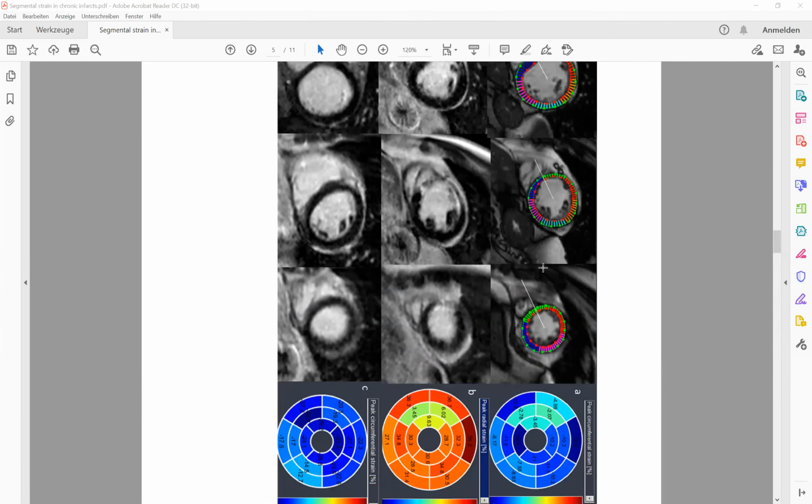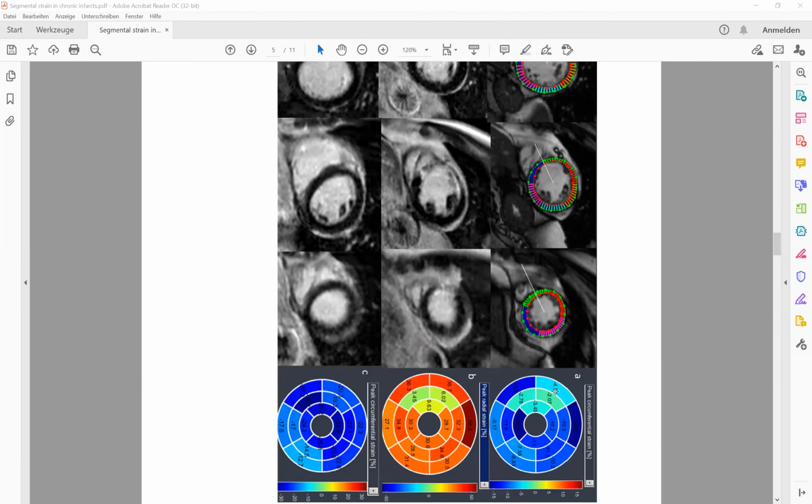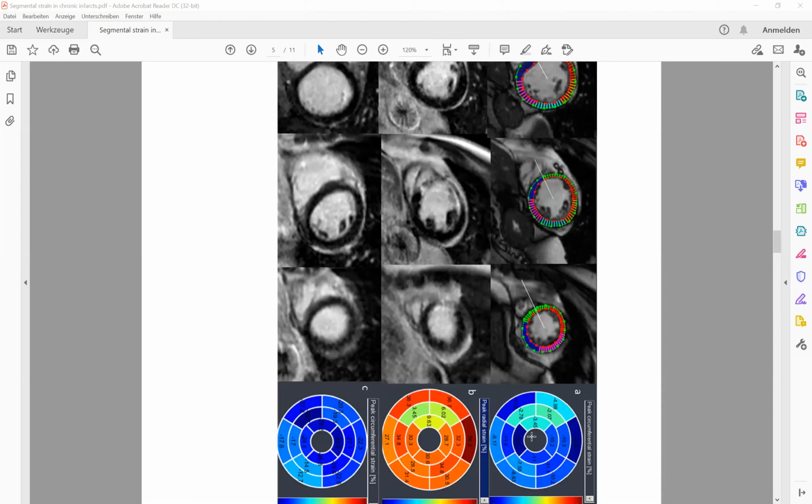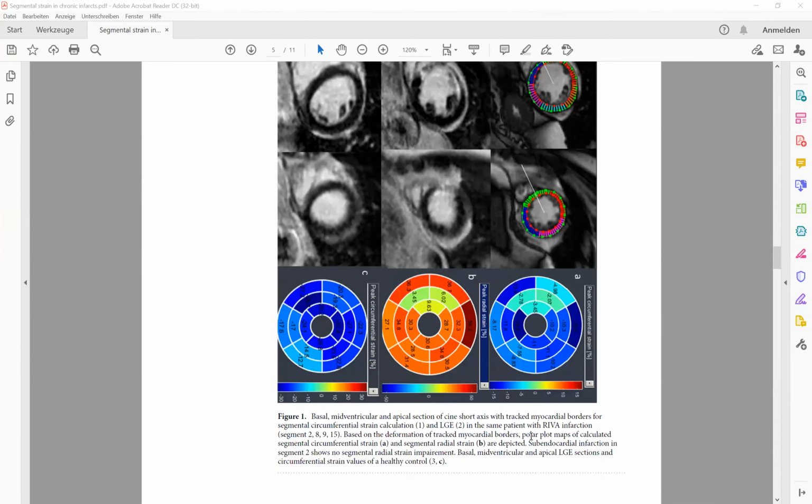So 2 readers evaluated cine stacks, and they evaluated those circumferential strain calculations, and had to define where potentially infarcted segments are without knowing where the LGE is, without knowing if it's a control patient or a patient with scar. And so